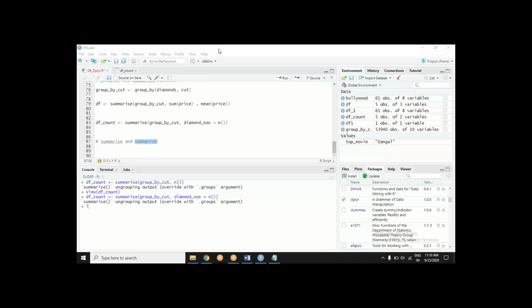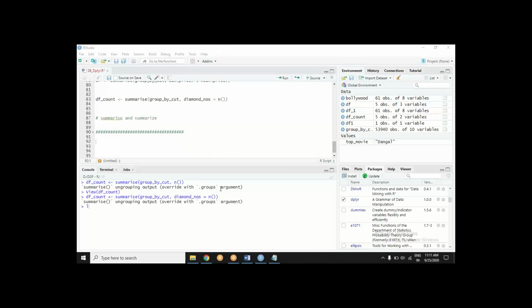Now let me show you something for which we come to dplyr. We have seen how we find out duplicates. Can you find out how many duplicate rows are there in this data set?